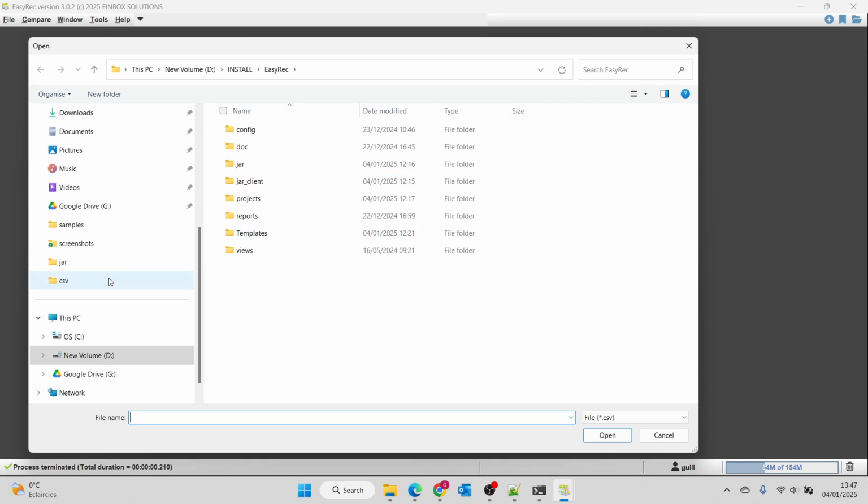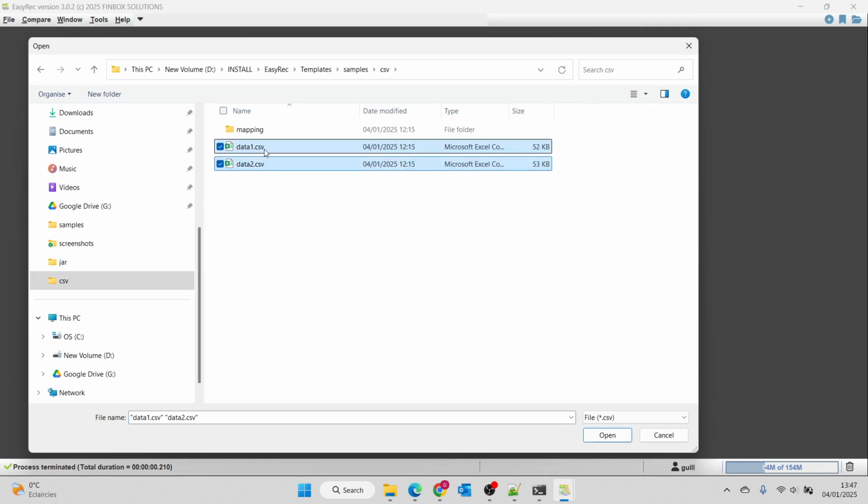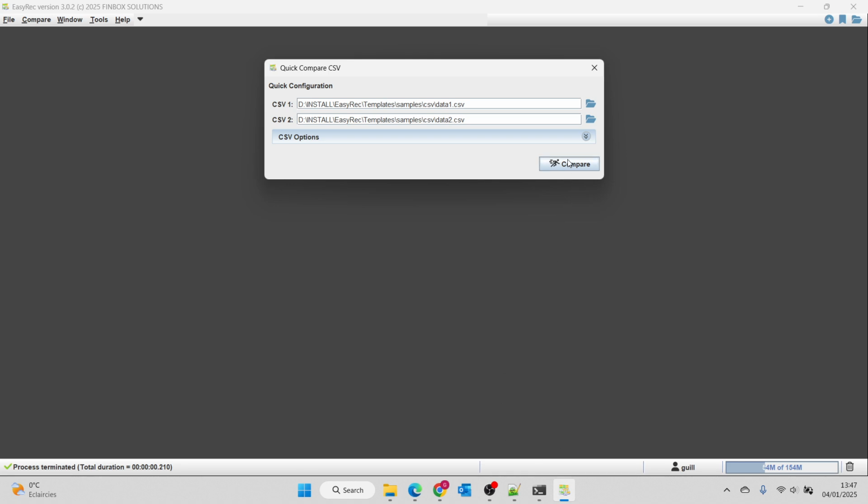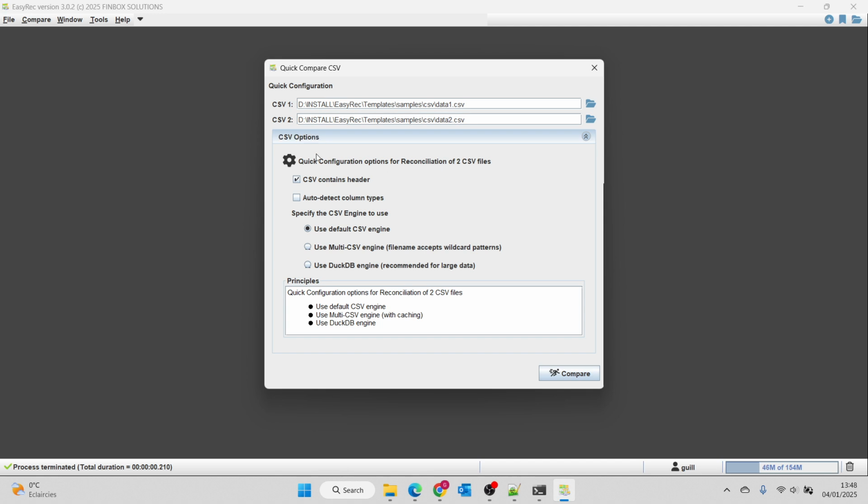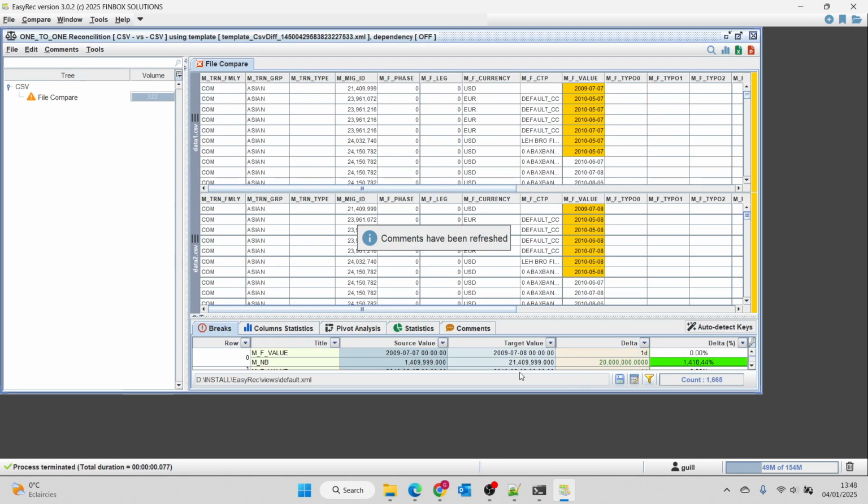So I'm going to select two CSV files. And as you can see, you have the ability to select CSV options. So I'm just going to take this additional option, which is auto-detect column types. If you have numeric columns or date columns, they will be automatically detected and converted. So now my data1.csv and data2.csv files have been automatically loaded, but at this stage, I have no